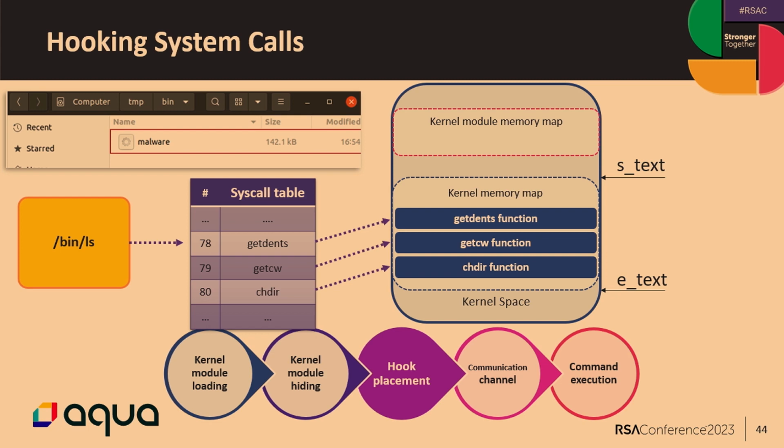Okay, the first one is syscall table hooking. Usually when we call the instruction from user space to kernel, which is the syscall instruction, we give it a number. And this number is translated by the syscall table into a pointer that points to the implemented code of this syscall. So when I'm using the ls binary, and it's going to call getdents, I'm going to give the syscall instruction the number 78. It will be translated into the pointer, and then the code of the original syscall will be executed.